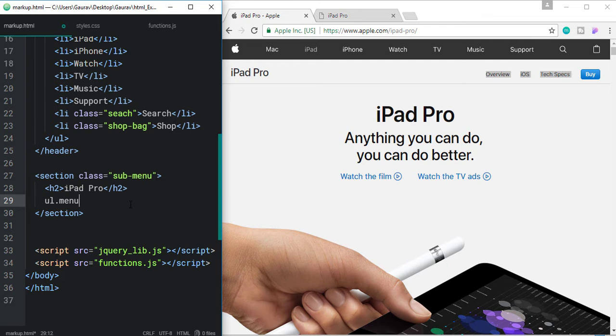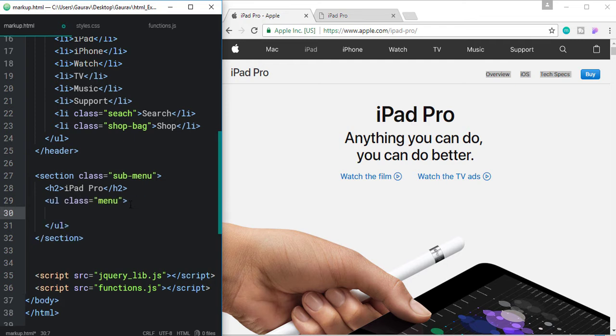So I'm going to give it a common class of menu, and in that we need to create 4 list items,